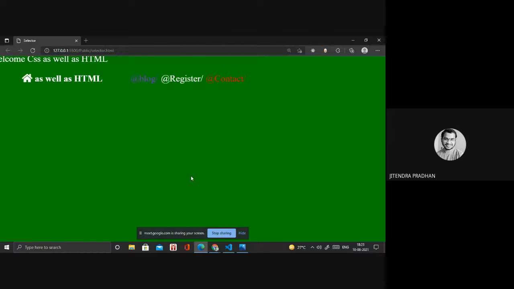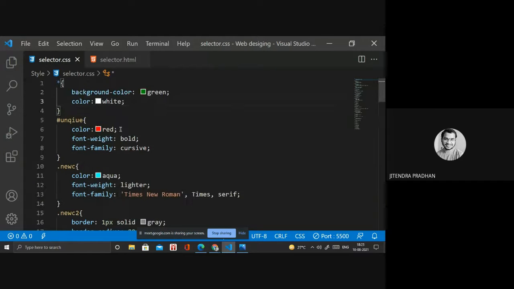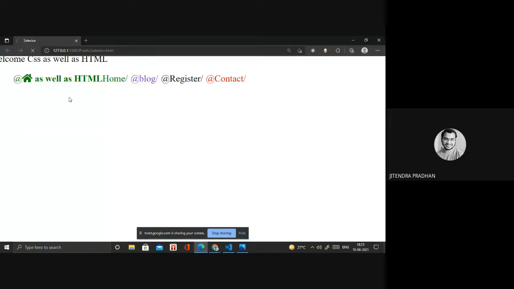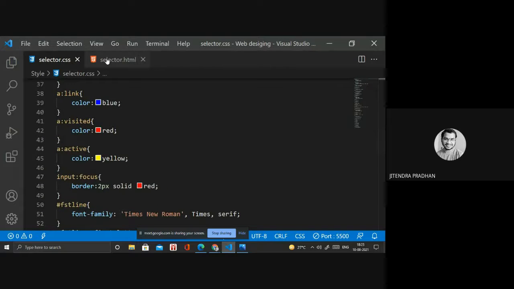It's applying now. I will remove that particular thing, the first one, the universal selector. Then I will check that. Okay, it's applying now. I also don't need that one, so wait 2 minutes, I will change that.